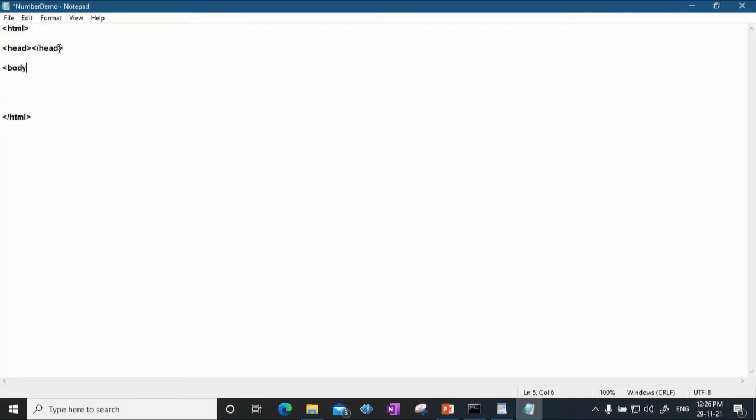I'll say body, within this I will specify the applet tag, applet code equal to NumberDemo.class, width equal to 300, height will be 100, let's say.